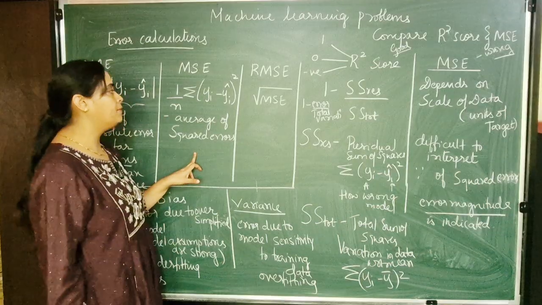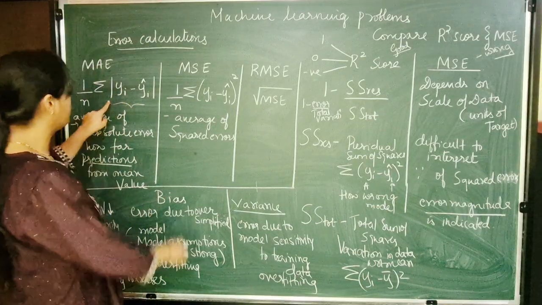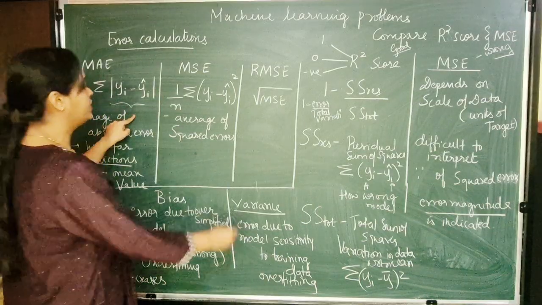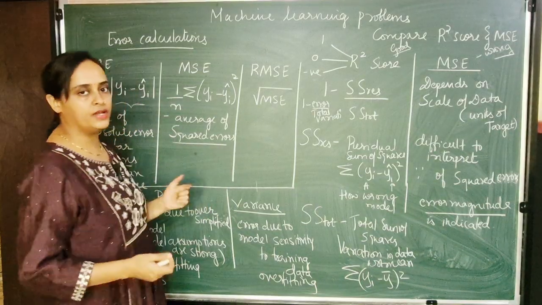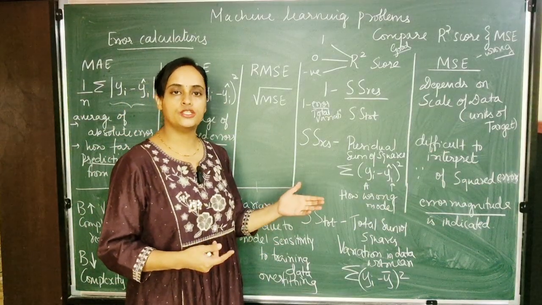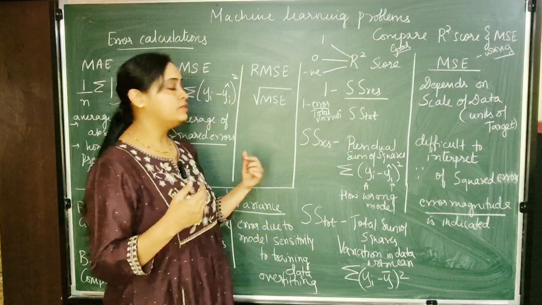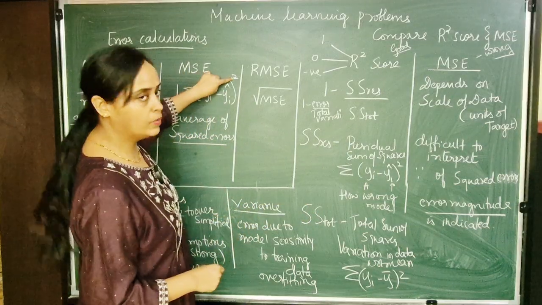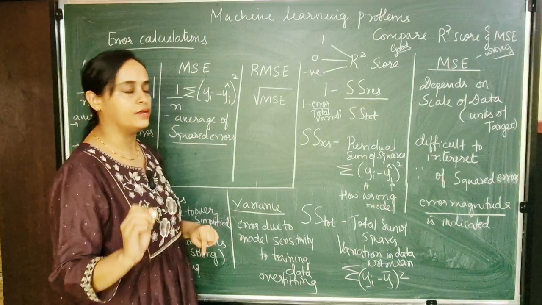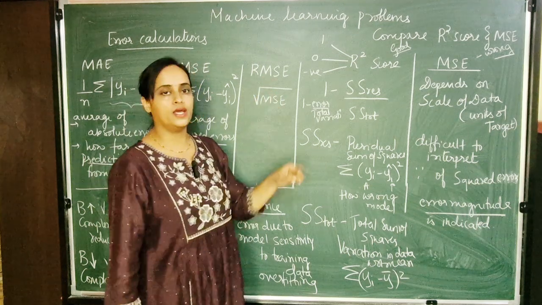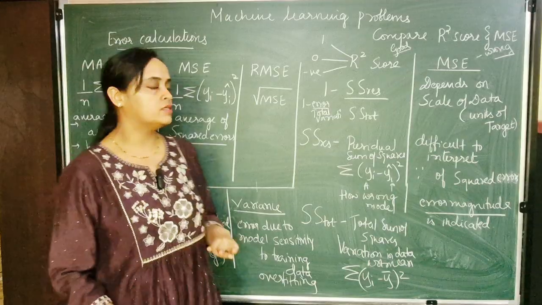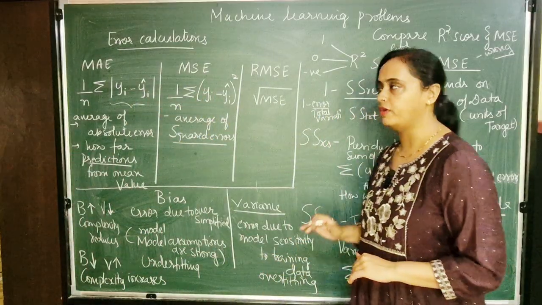Next error is mean square error. Just make the difference from here to here. Here it is nothing but we are averaging the squared error. After finding the difference between actual value and predicted value, that value has to be squared. Then finding the average will be the mean square error. Root mean square error is nothing but finding the square root of this particular value. So these are the three various errors we need to find.